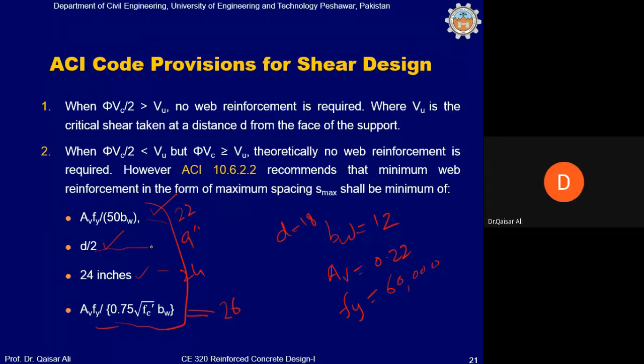तो D/2 आमतौर पे आपको ये वैल्यू जो है ये कम मिलेगी। अच्छा, ये चारों इक्वेशन से ये उस वक्त आप प्रोवाइड करेंगे कि आप का जो डिमांड है VU शेयर फोर्स वो 5EC से तो कम है लेकिन 5EC/2 से ज्यादा है, तो उस सूरत में ये होगा। ठीक है, लेकिन अगर 5EC/2 VU से ज्यादा है तो फिर आपको शेयर के लिए कोई रिइंफोर्समेंट डालने की जरूरत नहीं, लेकिन फिर भी हम प्रोवाइड करते हैं। कोड कहता है कि आप ना प्रोवाइड करें, लेकिन मैं आपको कहता हूं कि फिर भी हम 12 इंच पे प्रोवाइड करते हैं।